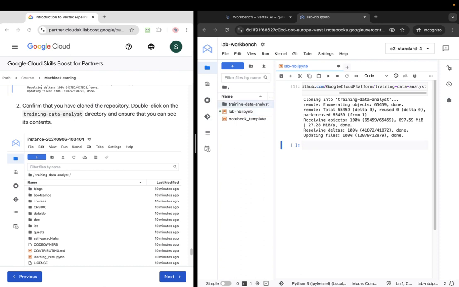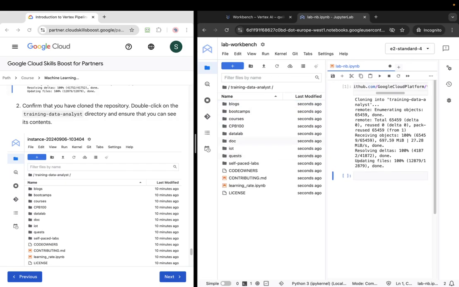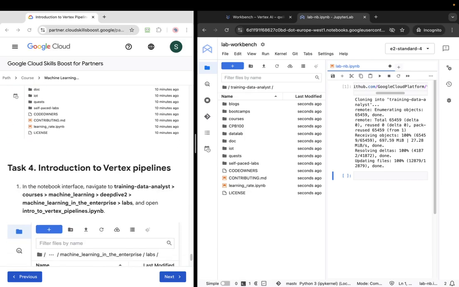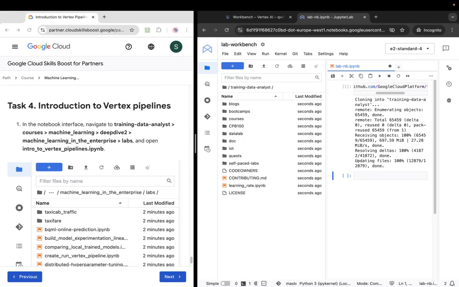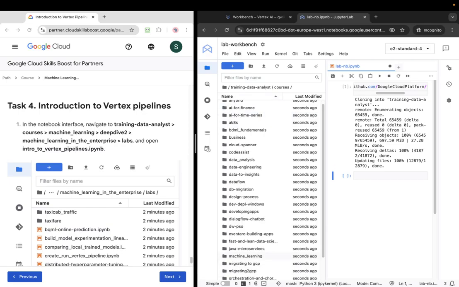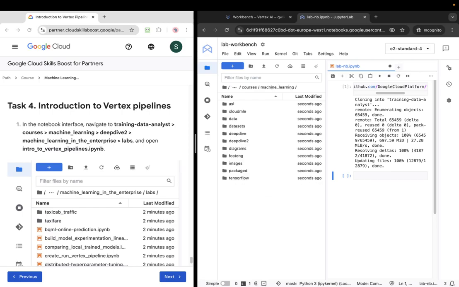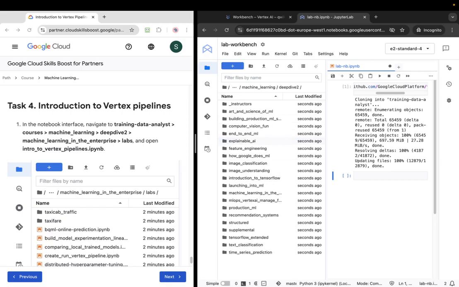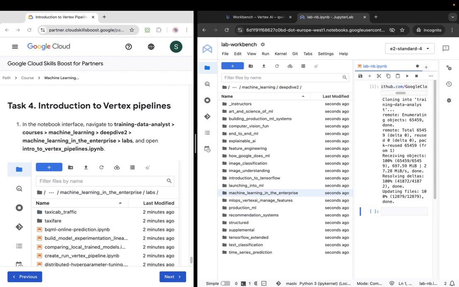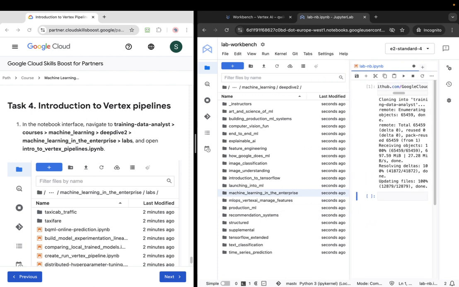The process is complete. Let me open the training data analyst. You can see the introduction. So here, let's navigate to this folder: training data analyst, courses, machine learning, deep dive, machine learning in the enterprise. In the enterprise folder,